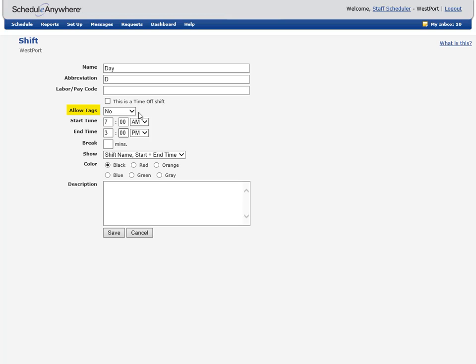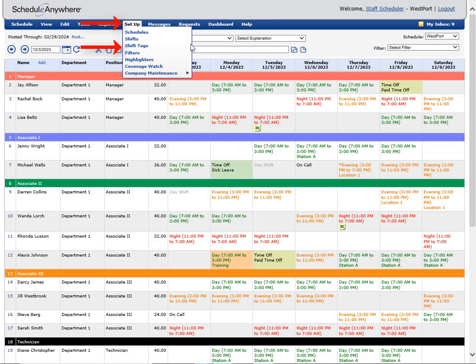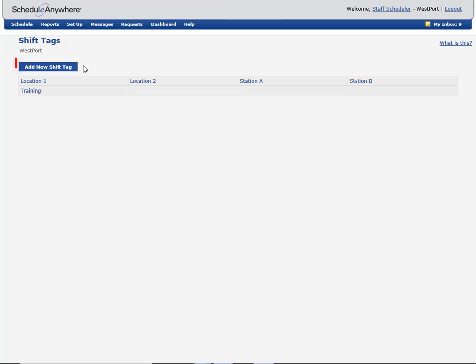For example, if someone will work at a different location each day, you can use shift tags to indicate locations. It's up to you whether a shift can have a shift tag and whether a shift tag is required. An optional labor pay code field is available if you plan on integrating Schedule Anywhere with other software systems. Shift tags are schedule specific and defined by going to Setup, Shift Tags, and clicking the Add New Shift Tag